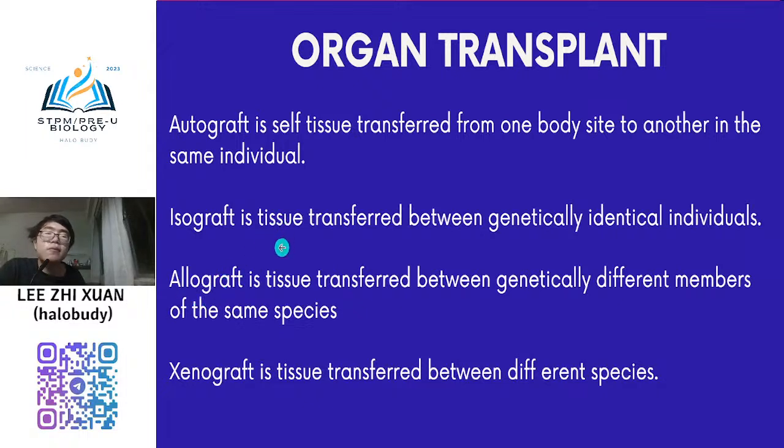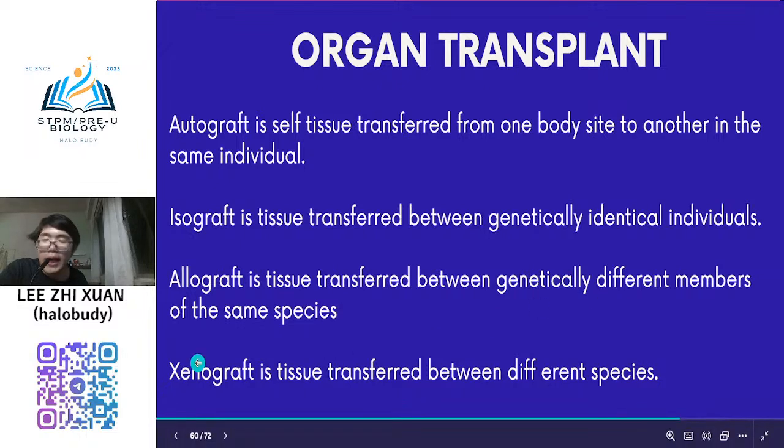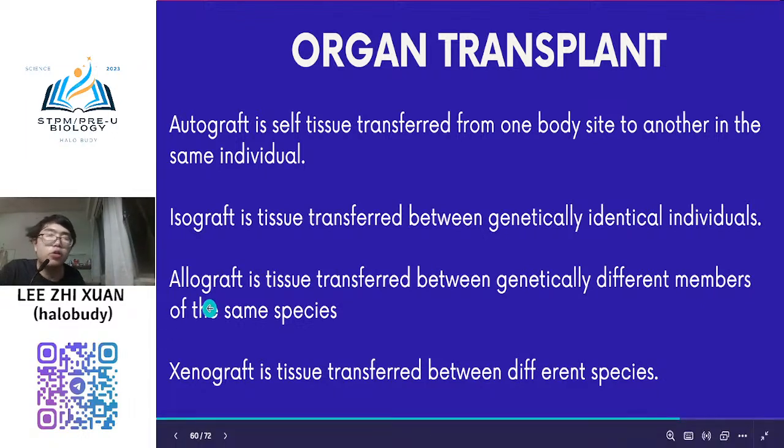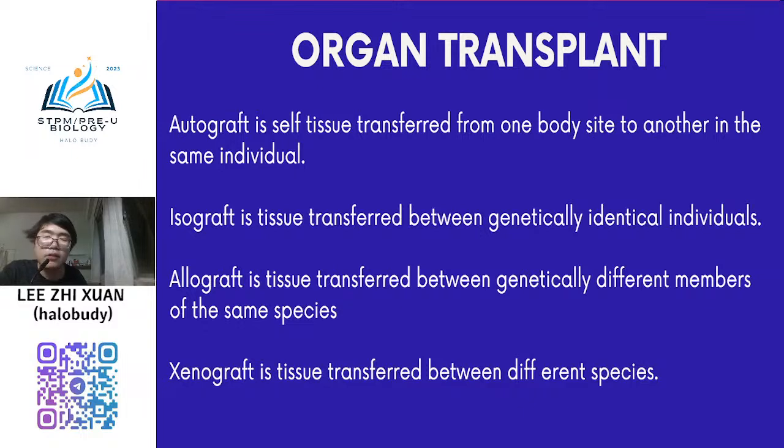But in real situations, in nowadays medical surgery and technologies, allograft is the main type we use, because it is between different members. Like me donating my organ to you is called allograft. Not only me and you, if your mother donates an organ to you, it is also considered allograft, because it is a totally different member as well. Whether parents, father, mother, grandmother, grandfather, or siblings, all of that we call allograft.